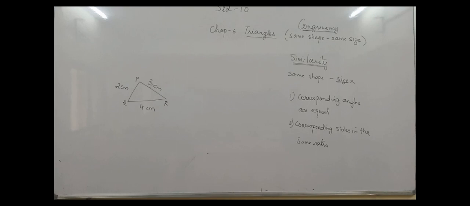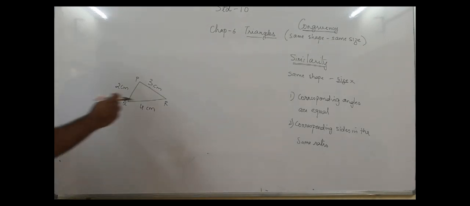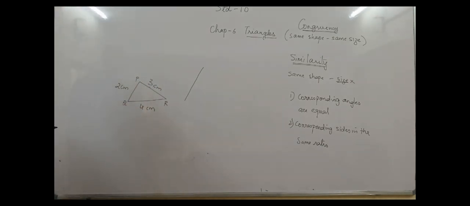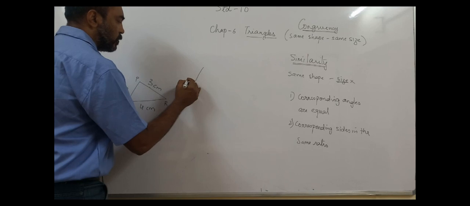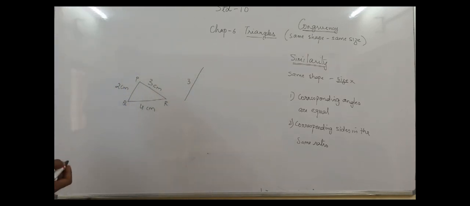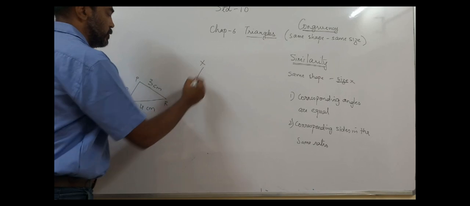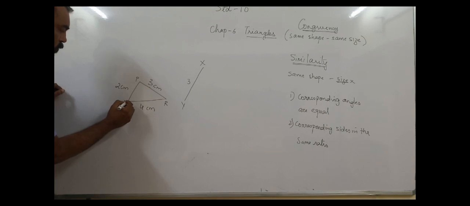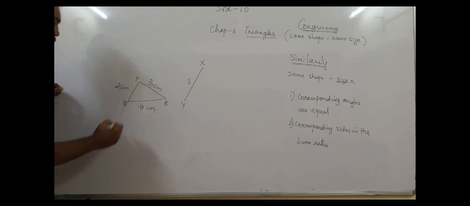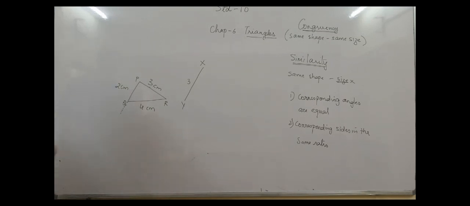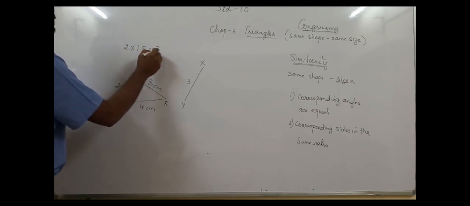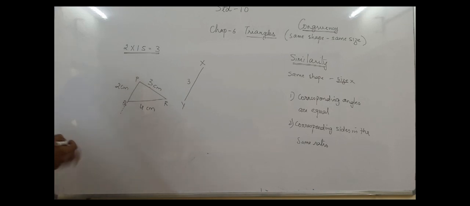So, on zooming, suppose I have increased this side from 2 to say 3. So now I got a new side XY. I have increased this side from 2, zoomed it, and it has become 3. So how did the side become 3? What did I do? I multiplied 2 by 1.5. So it became 3.